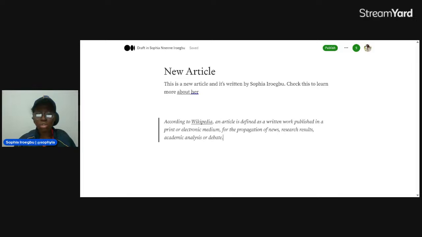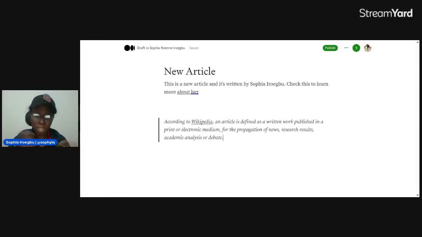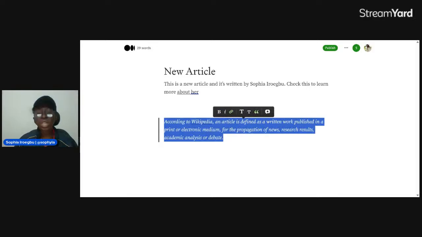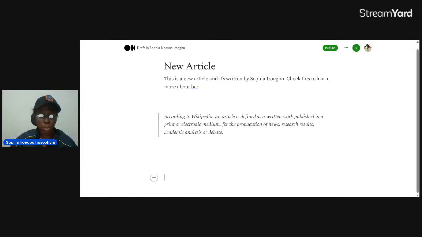You can do this; this is accepted, because I think that's the whole essence of quotes. What this shows is that you are quoting Wikipedia. Or you can go to the bottom of your article, after your conclusion,